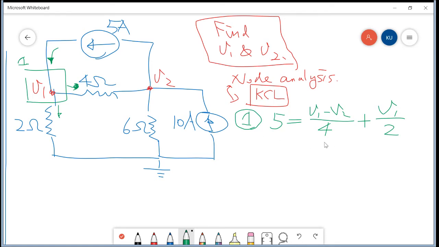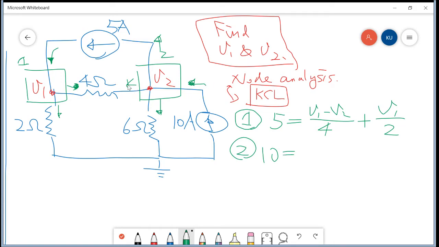Okay, so this is the first equation, and then the second one, we use it here. For the second one, I suppose this one is going in. So going in is 10A, and I assume this is going out, this is going out, this is going out. You may find that I assume it is going this way here and another way here, but it doesn't really matter, because if I assume the current going in this way, then